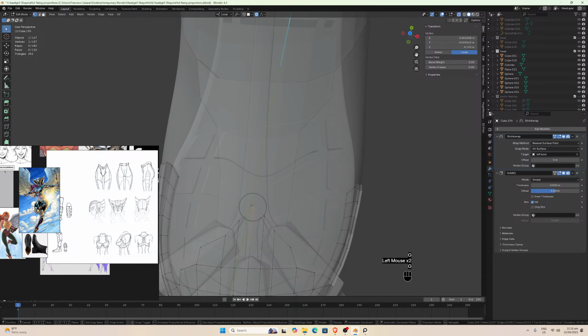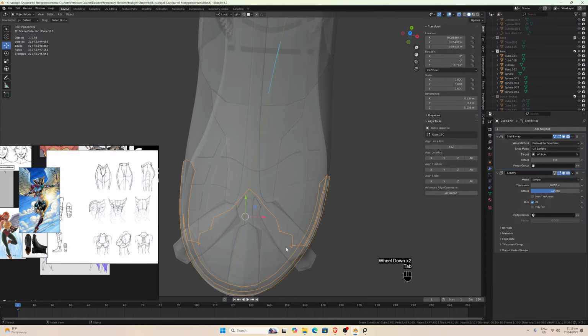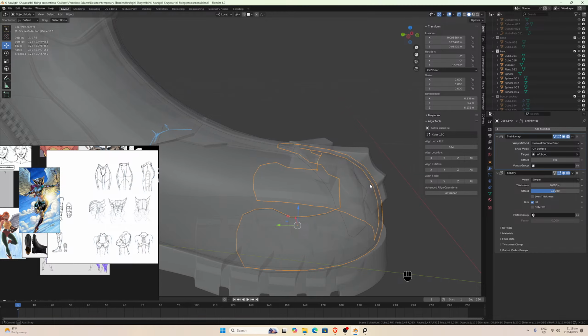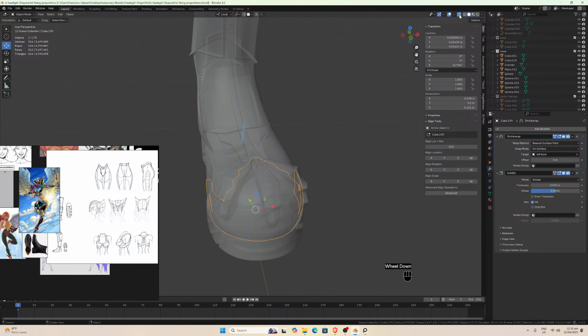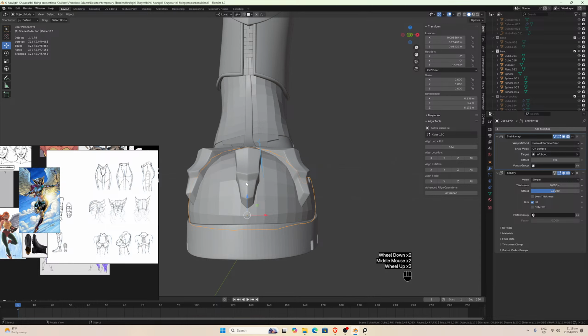Yes. Okay. Now that we have the tree part with a good design,